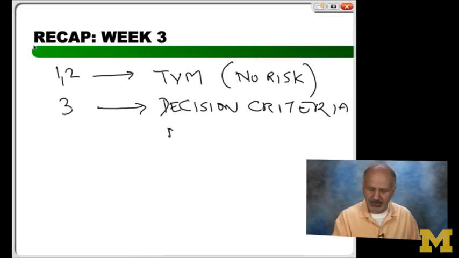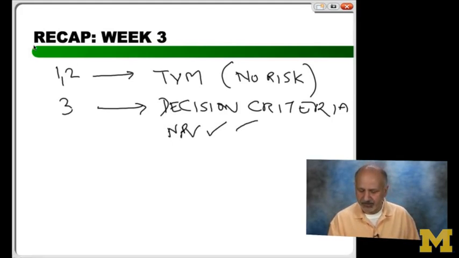The two criteria we spent a lot of time on first was NPV. And remember, NPV requires two things, cash flows and discount rate, or the interest rate. We spent a lot of time on that, for reasons that were hopefully obvious. Then we spent time on payback,